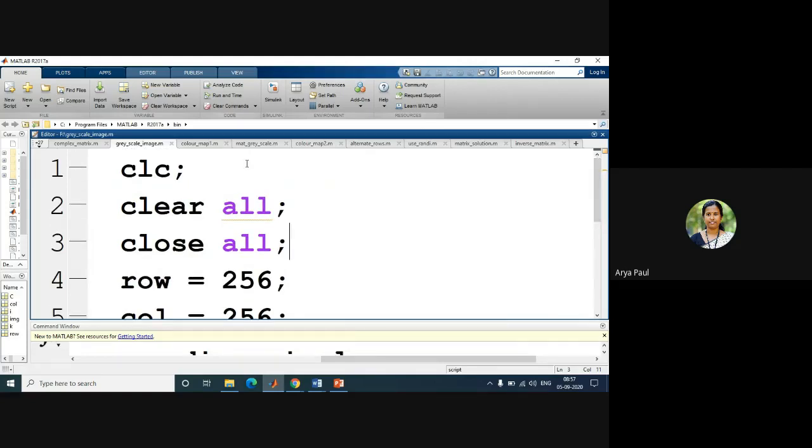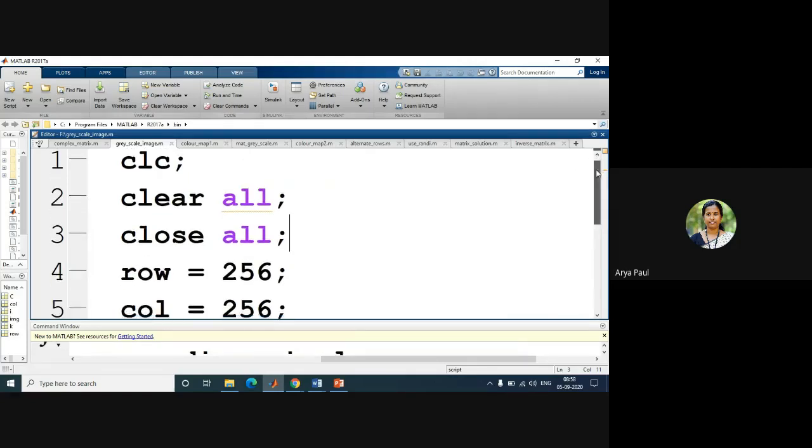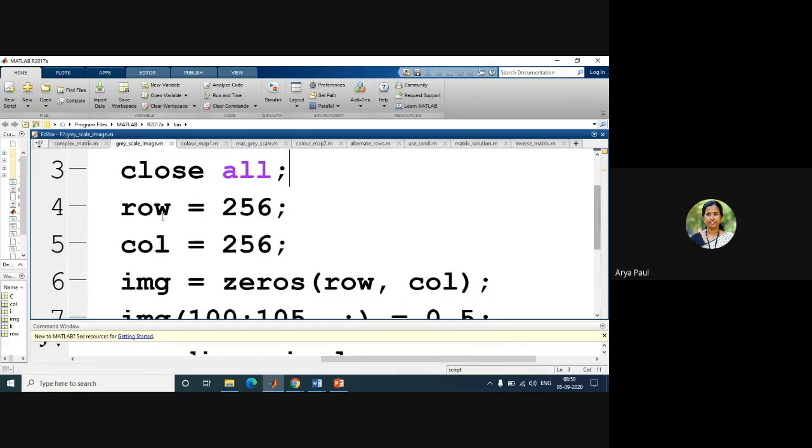We will discuss that. Okay, now the first program is about creating a matrix. For creating a matrix, we first define how many rows and how many columns. So we define row is equal to 256, where row is just a variable name. That means I am going to assign 256 rows, and column is equal to 256, I am going to assign 256 columns. So I am going to create a matrix with 256 rows and 256 columns.